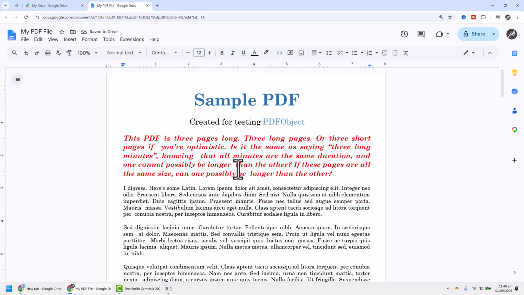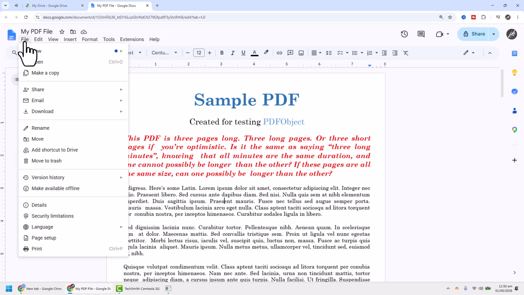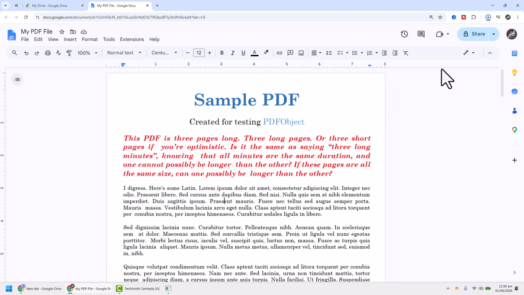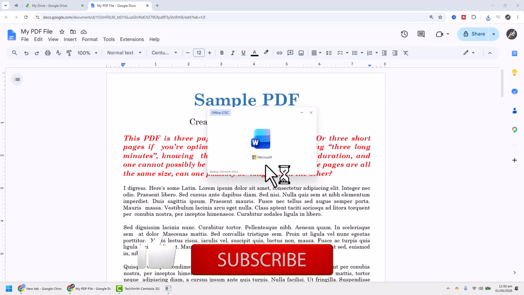Now, if your goal is to convert this into a DOCX file, which is Microsoft Word format, you just need one more simple step. Go to the top menu, click on File, then click Download, and from the options, select Microsoft Word .docx. Your file will now be downloaded in DOCX format, and you can open it in Microsoft Word anytime